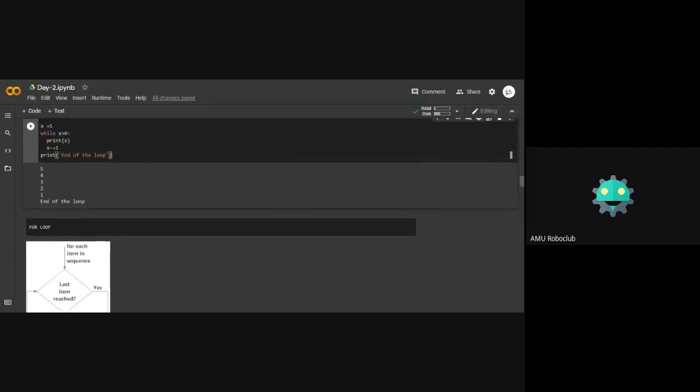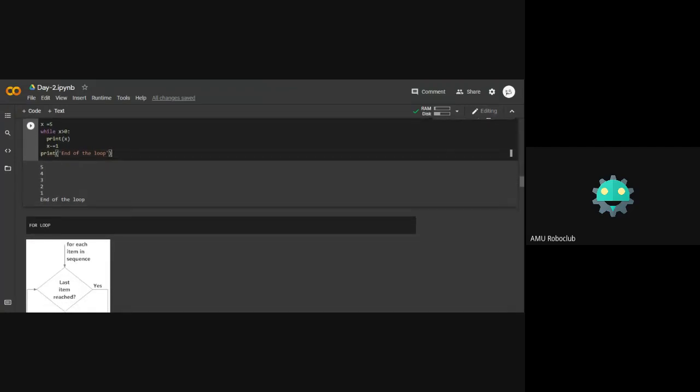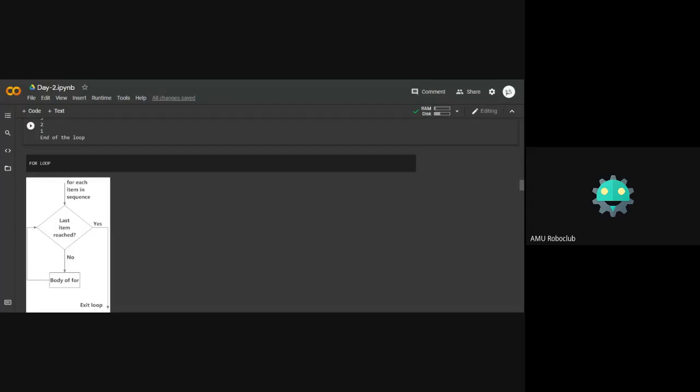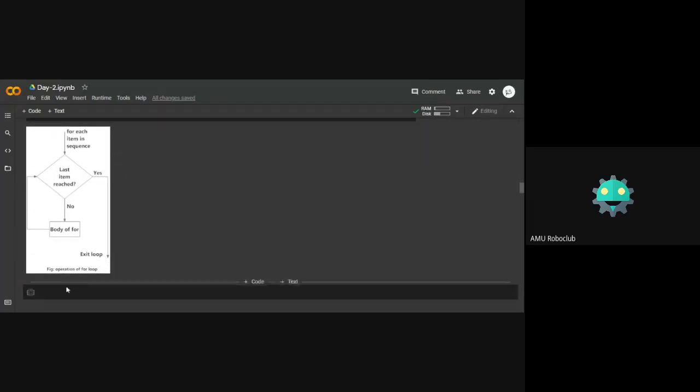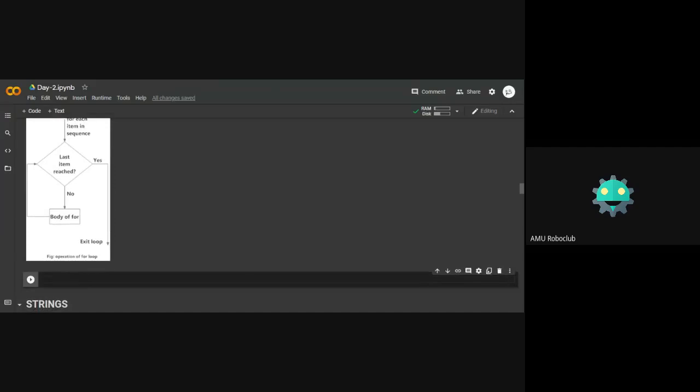Now, almost the same logic for the for loop also. For, let's just define another variable.